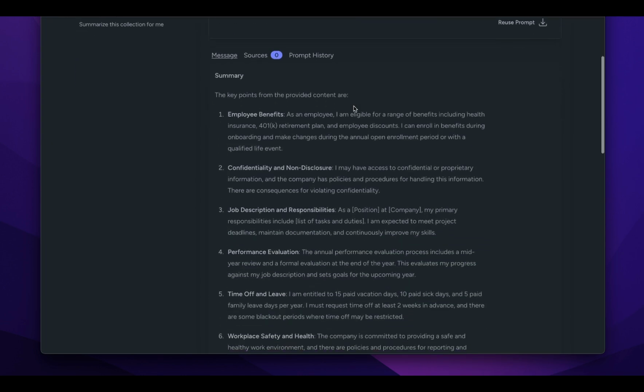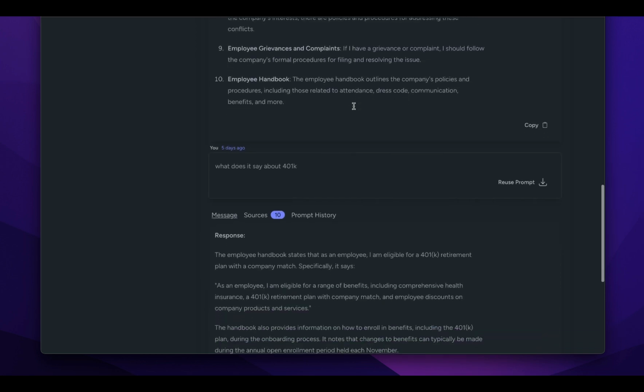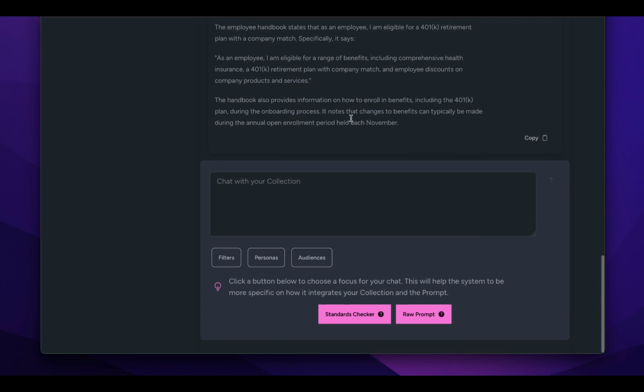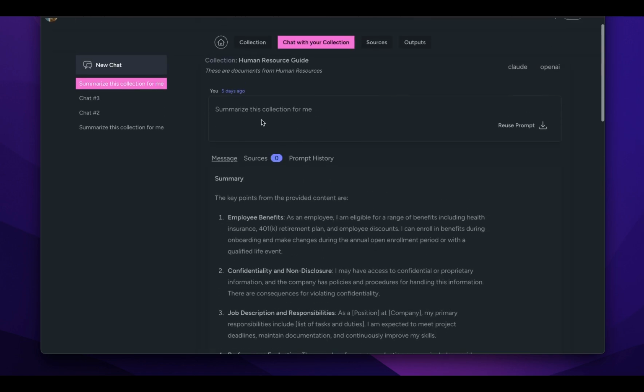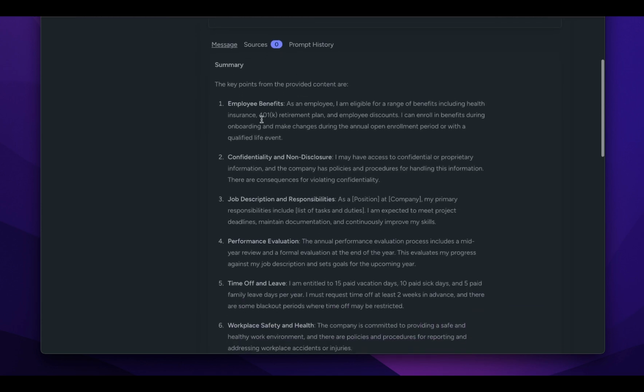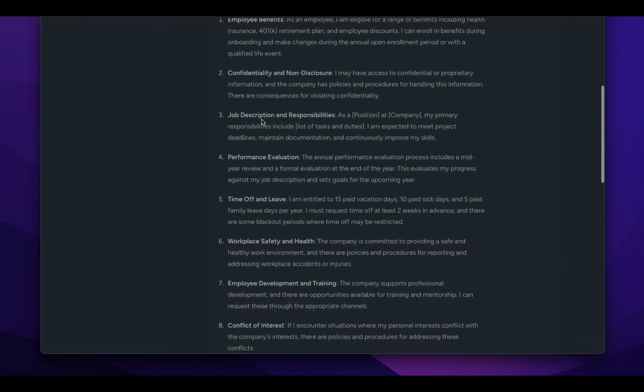Basically we can get a sense of our data, we can talk to it, we could surface some information or facts or summarize it. There's actually a lot you can do here. So let's look at this. This person here said summarize a collection for me. And the system comes back shortly and gives a sense of the documents in that collection